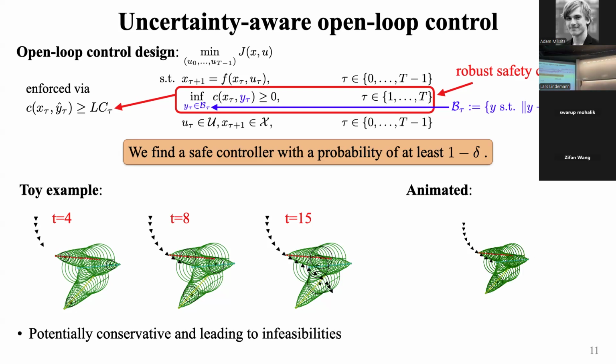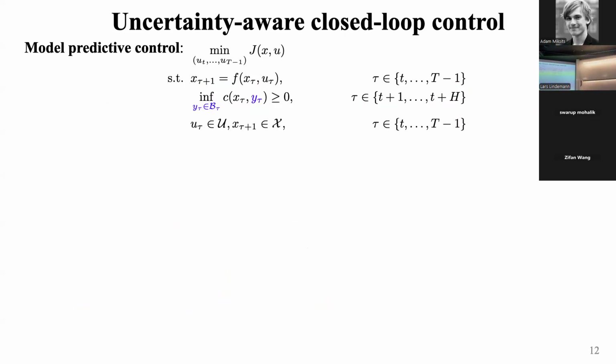It's potentially conservative because you're predicting into potentially larger time steps. These regions get larger and larger as you predict more into the future. And it may even lead to an infeasibility of this optimization problem, right? So if you cannot solve this optimization problem because these regions are too large, then, well, you don't get a controller at all, right? So a natural strategy is some form of receding horizon controller, like a model predictive controller, what